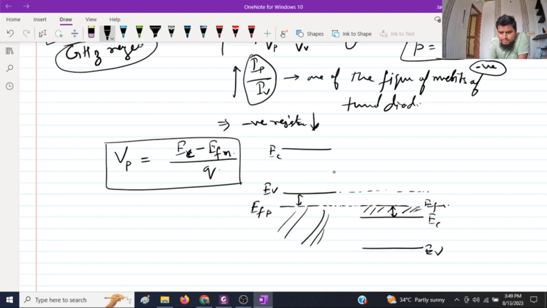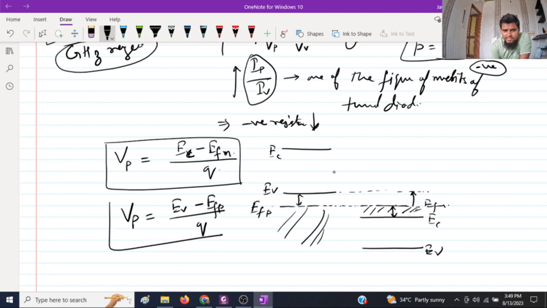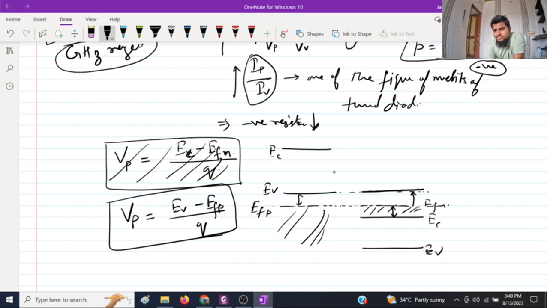So this is shifted by how much? Shifted by the same, right? EC minus EFN or EV minus EFP. So right, P is equal to EV minus EFP upon Q. That is the correct answer. Okay, and when will it be minimum? When the conduction band reaches over here, EFN reaches over here. So the voltage that you can derive as